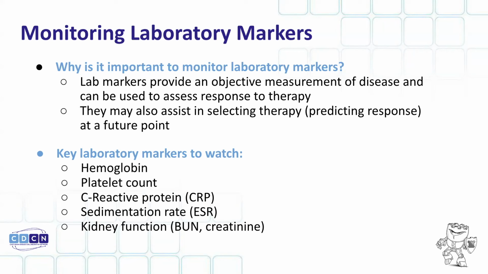Trending them is sometimes important. It's one thing if you had one value that was a little bit up because maybe you had some sort of subclinical infection going on that day that you didn't really feel. And then, oh my gosh, then it's totally normal 3 weeks from now or something like that. So the trends matter is what I'm saying.